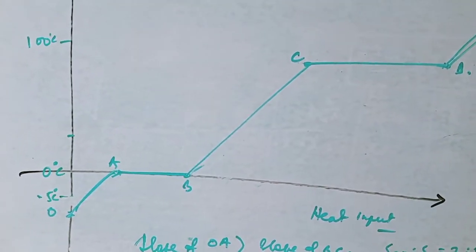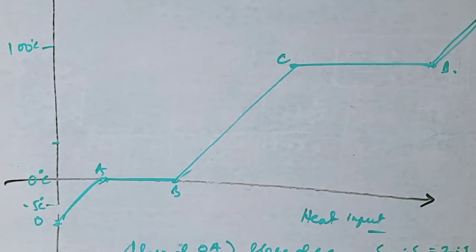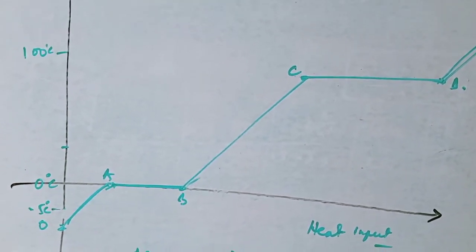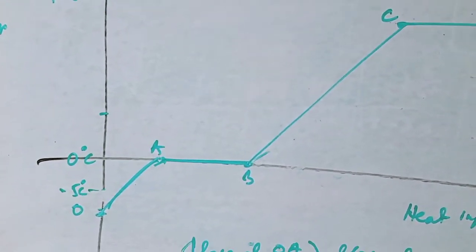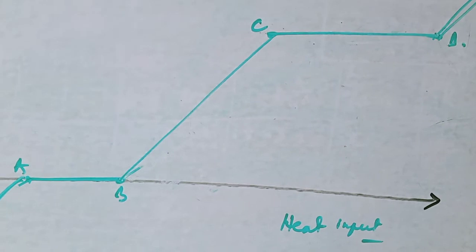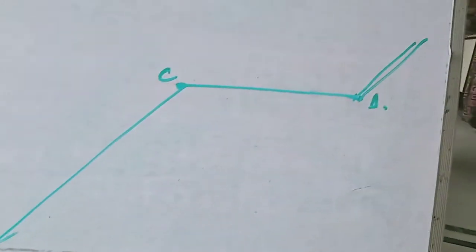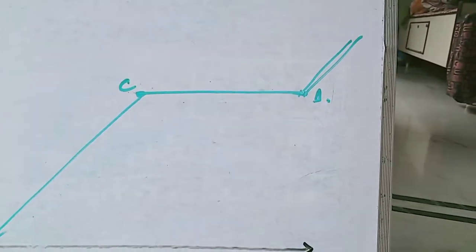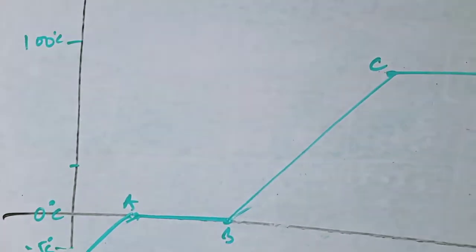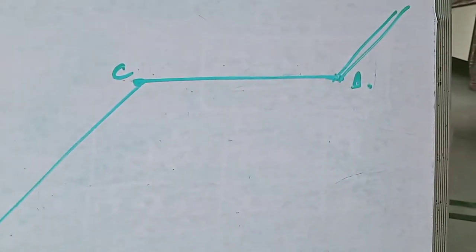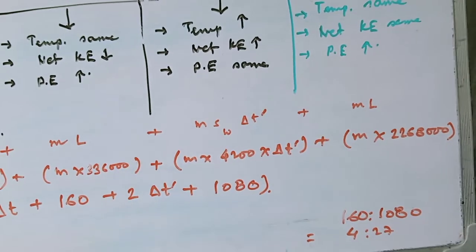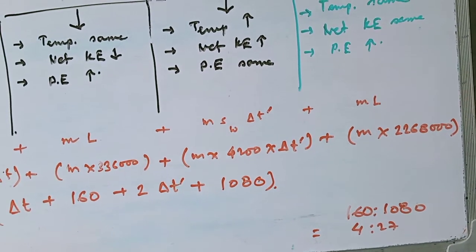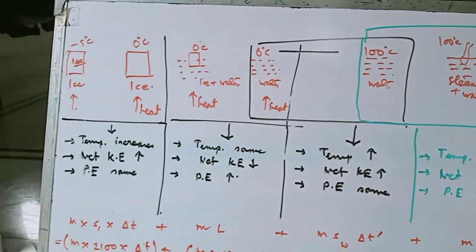I have told you earlier why the latent heat of vaporization is always greater than the latent heat of fusion of ice. I have told you the reason. It is quite natural that AB is to CD is 4:27. So AB must be smaller than CD, since the latent heat of vaporization of steam is greater than the latent heat of fusion. So a greater quantum of heat will be required, that is almost 2268000 joules of energy consumed per kg of water when it gets converted to steam.